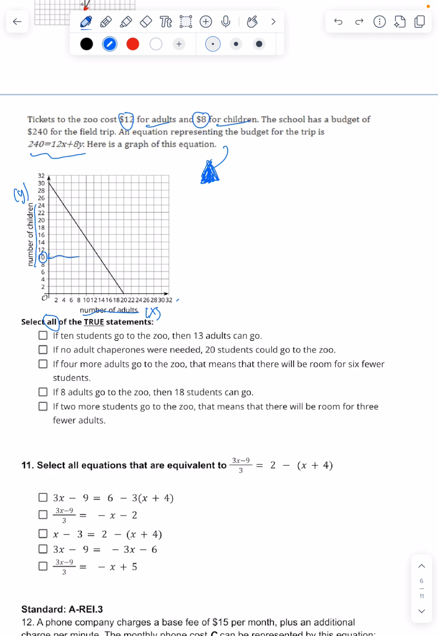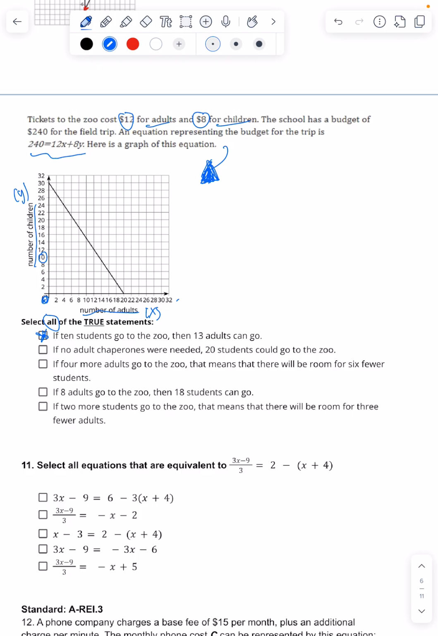And this is if 10 students go, then we could see that we have about, in this case, right, we have about, that point means somewhere in the middle. So yeah, it's about 13. So this one would be, yes, that's true, right? So yeah, that one would be correct. Now let's erase that again. Now looking at the second sentence says if no adults go, so that means if 0 adults go here, 20